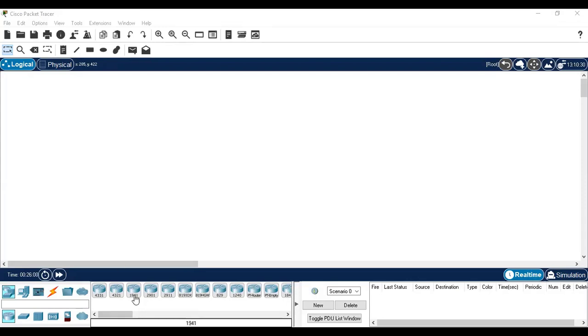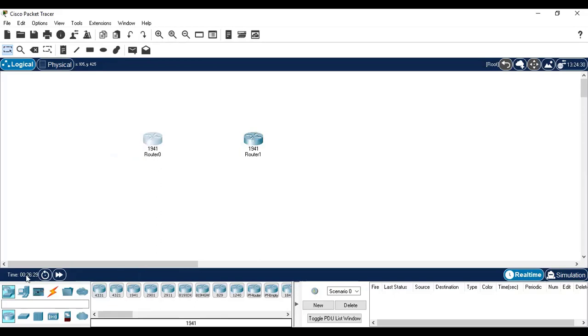So I'm using 2 routers here. If you can see at the bottom on your left hand side, there is a list of some hardware components. You can select network devices from this list. All the routers you will see here. So from this list, you can select any router. I am selecting 1941. Just drop it over here. Take one more router, as we need 2 routers.